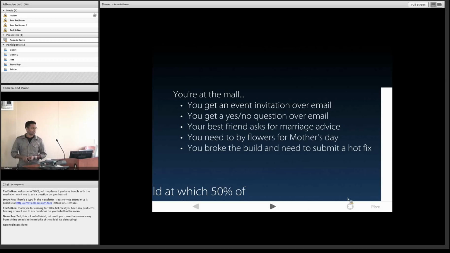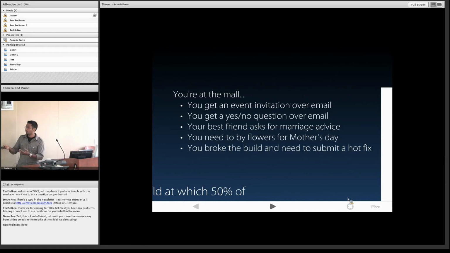Do you really want to deal with the iPhone keyboard in that case? You need to buy, excuse me, there's a typo there. You need to buy flowers for Mother's Day. Do you really want to surf, let's say it's not Amazon.com, because they've done a good job of retargeting their site for mobile. Do you really want to do Google Shopping? Or another site that isn't properly retargeted for mobile to do your shopping?